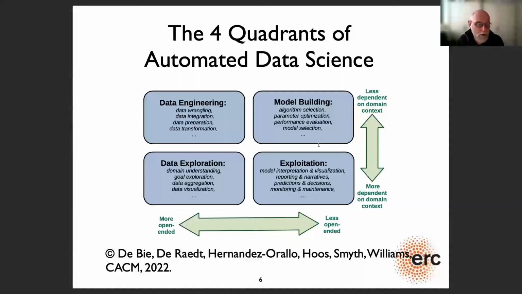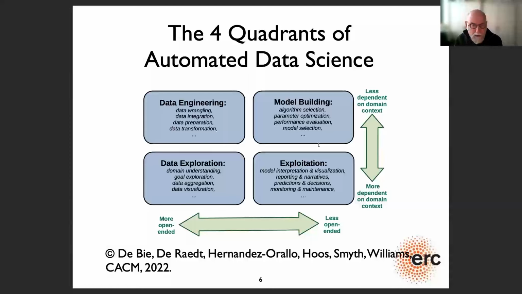The particulars of your application, of your data set generation will allow you to use and exploit knowledge and context. On the other hand, techniques such as data wrangling and model building, they kind of don't really depend so much on the domain. I mean, it's kind of standard techniques that apply everywhere.